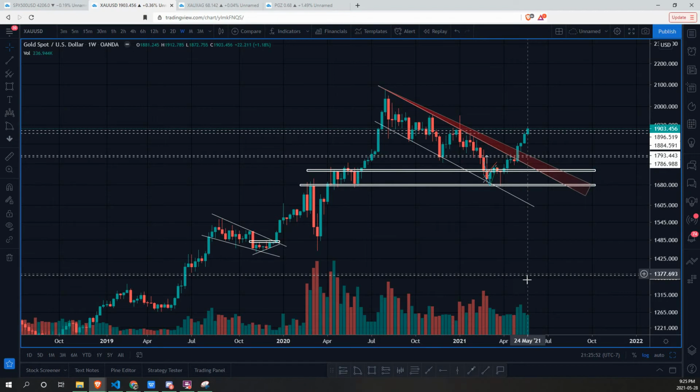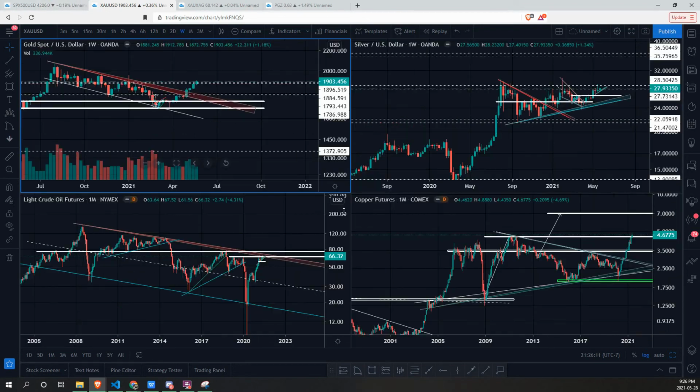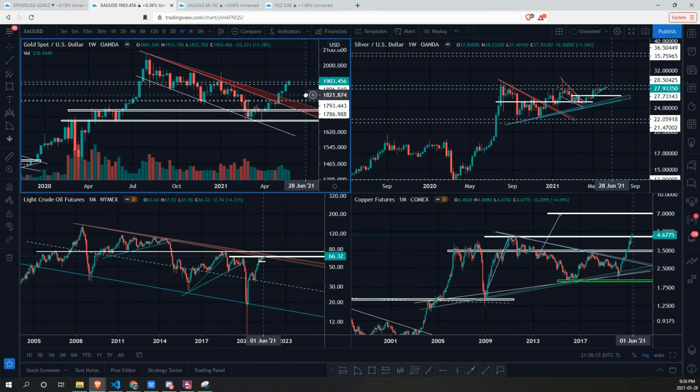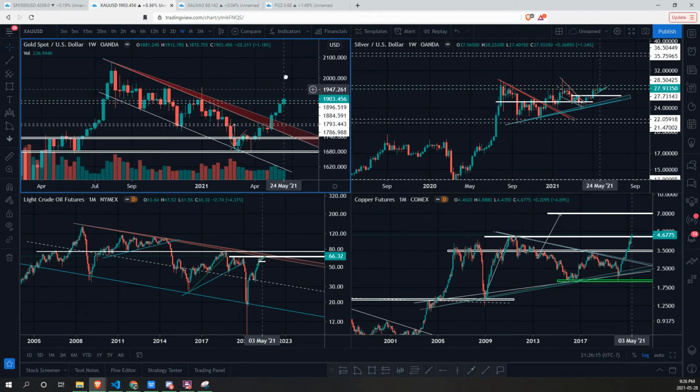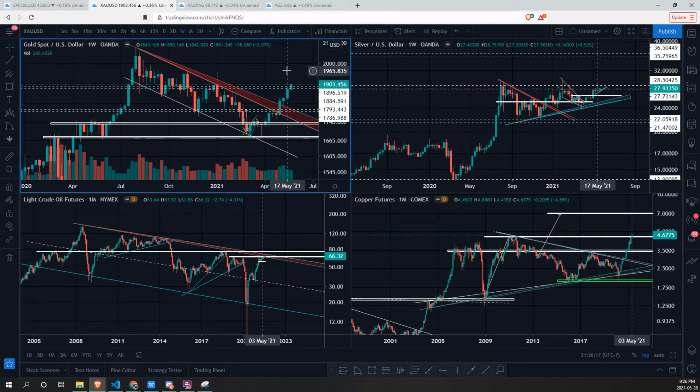We see our nice bullish indication with relative volume increasing. You see a solid break, and on a smaller time frame, a retest of a major level of previous support as well as resistance. So great to see, and now we're getting that continuation push to the upside. And when we're looking at silver, it has yet to break, and that's usually because gold is the front runner, or the first to move.